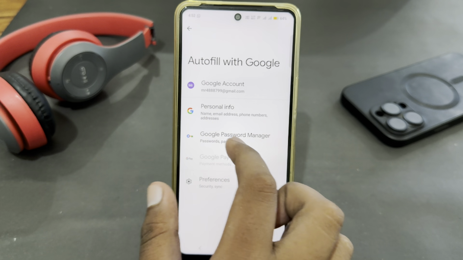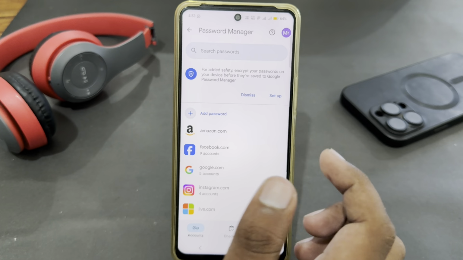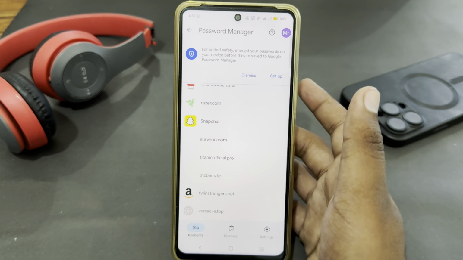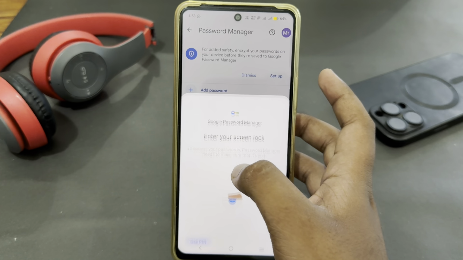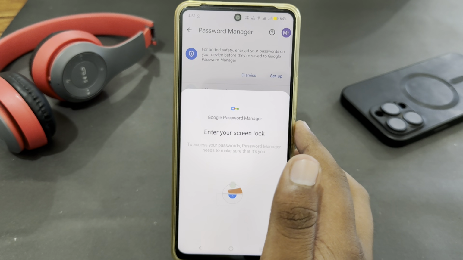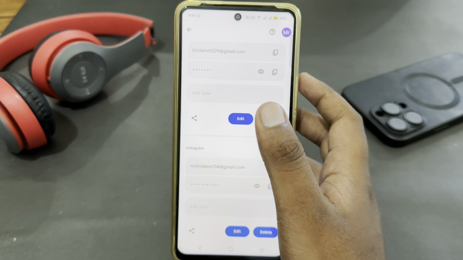You have to select the Google Password Manager option, and here you will get all of your saved passwords in your phone. You have to select your Instagram, and here just verify yourself and you can see all your account passwords. So that's how you can easily